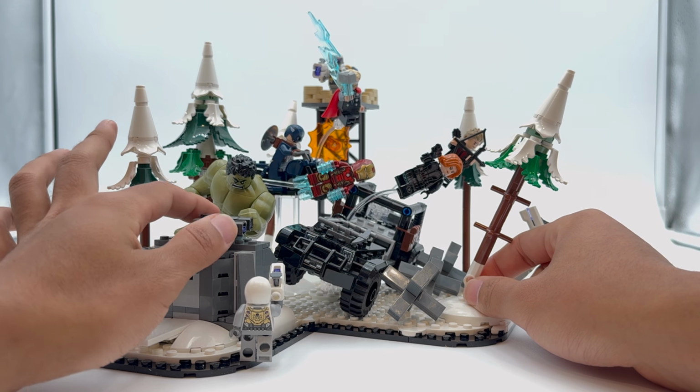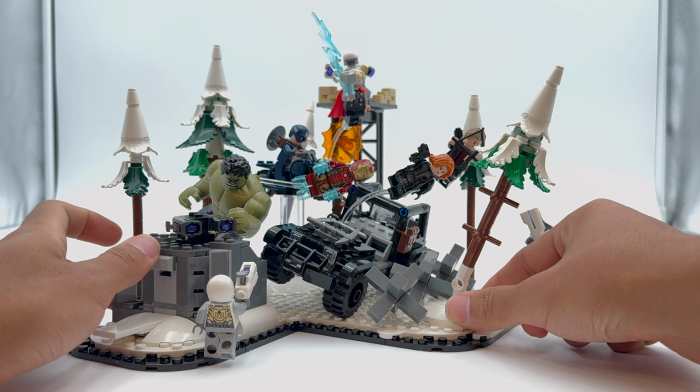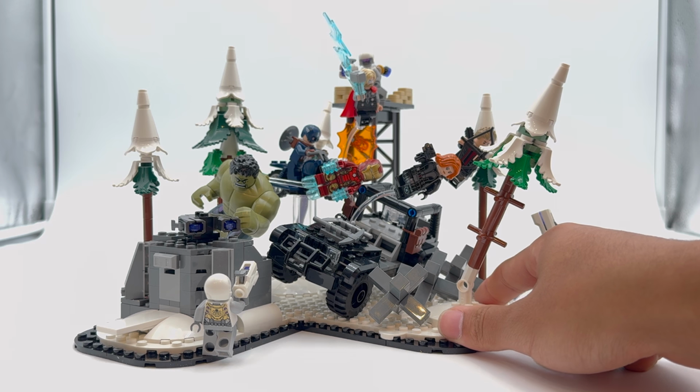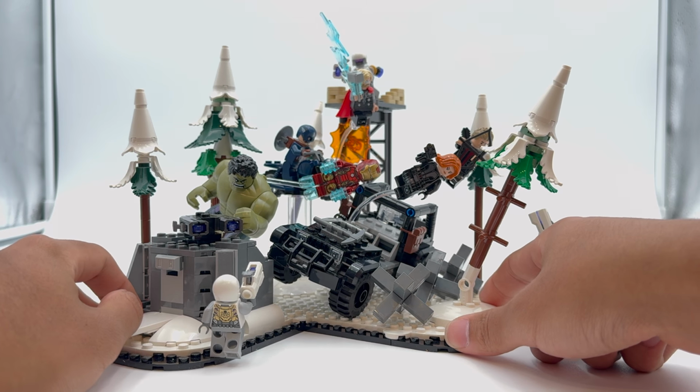And it's a really interesting set because obviously kids are going to love it because it includes the entire Avengers lineup from Age of Ultron, but it also is a really good display for adults to enjoy and put up as a display piece. Now, minifigure-wise, most of these figures are honestly the same as what we've gotten in the